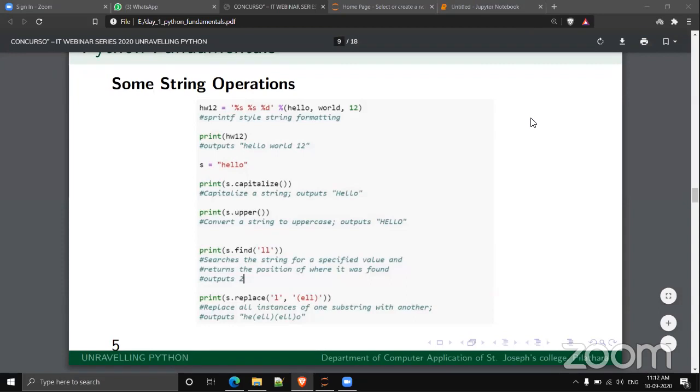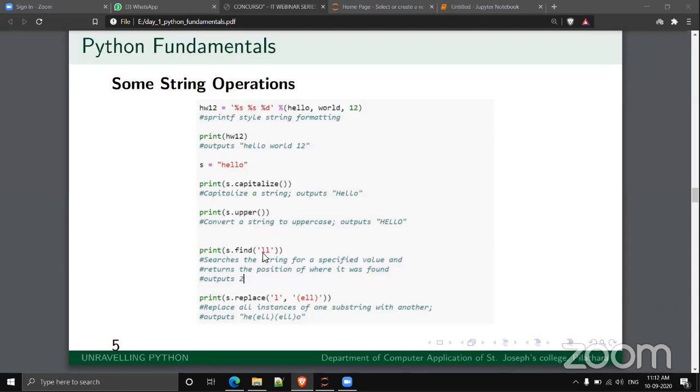Can you explain s dot find once more? Yeah, find will return the position where the given argument occurs. Here we are giving ll, right?